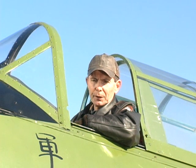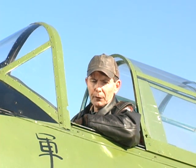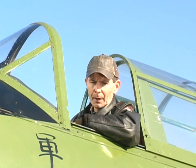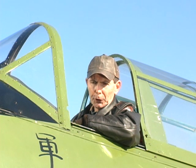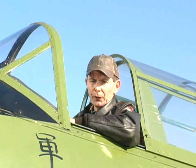This is a North American SNJ-4 built for the U.S. Navy in 1943. It served its country during World War II as an advanced trainer. When the war was over, it was declared military surplus and was sold. It was wrecked at Brownfield in San Diego, California in 1963 and was a derelict aircraft until about 1960 or